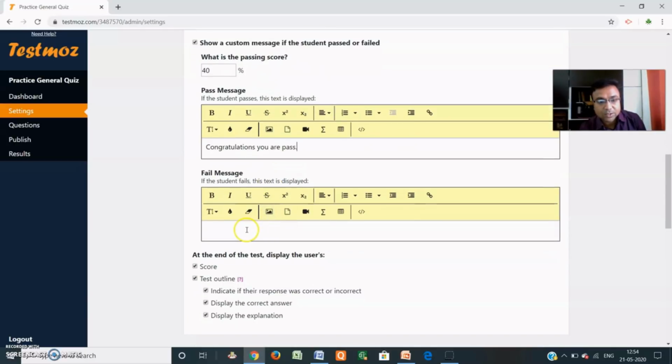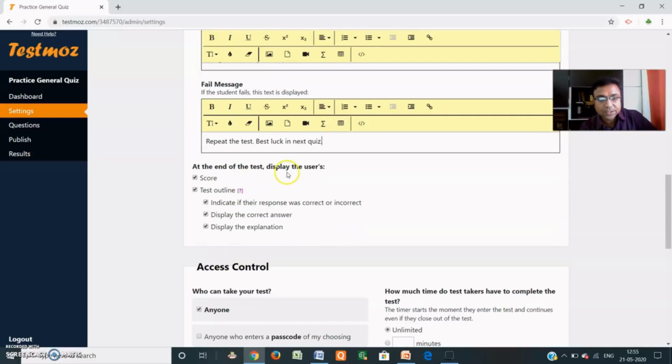And for the fail message, suppose: repeat the test, best of luck. So you can write any message in this particular box.